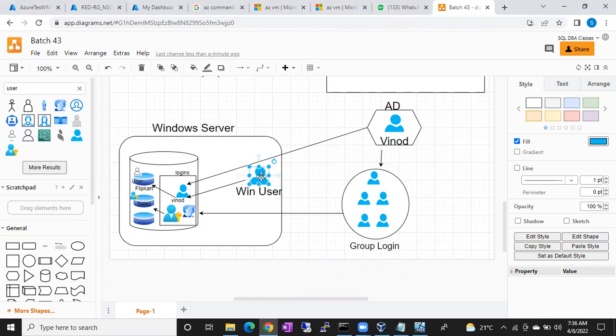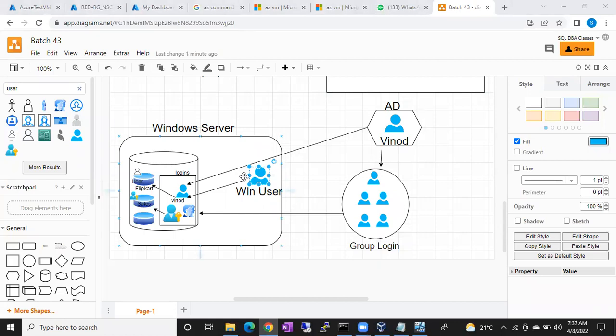For only one person, like this is one server. If we have 100 servers, for this person, this Vinod, I have to create in 100 machines. 100 times I have to create Vinod. Imagine 22 people are there in this batch. I decided to give access to all 22 people.